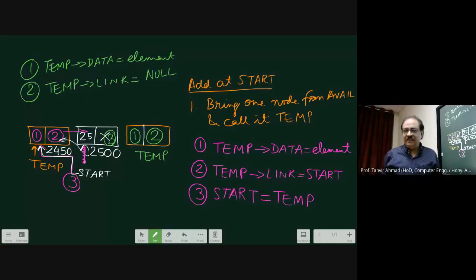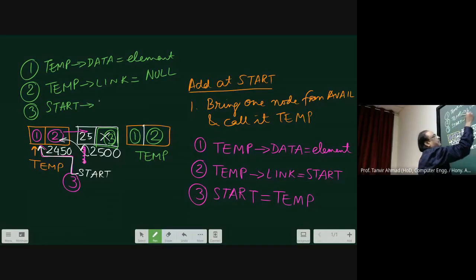Because the second node will now have the null value because of the fact that that is the last node. And the third one is this part. I will write the start of link is equal to